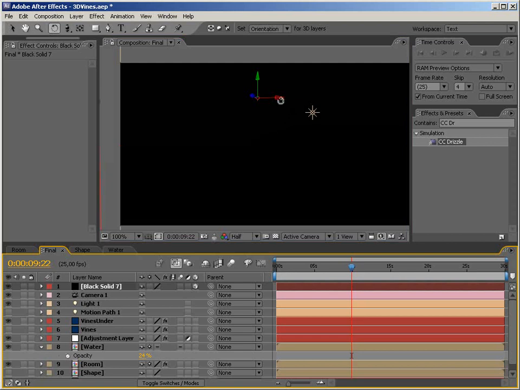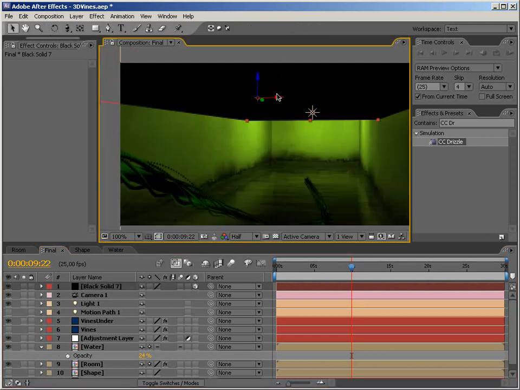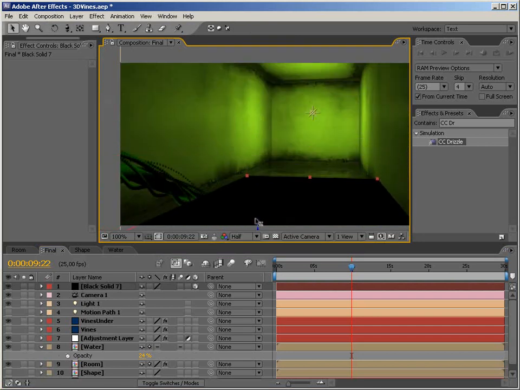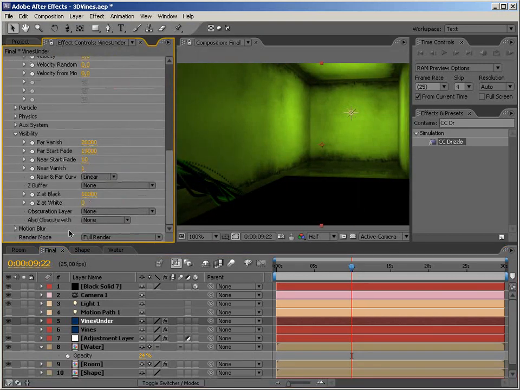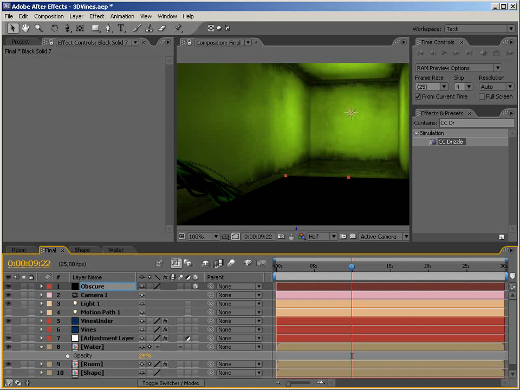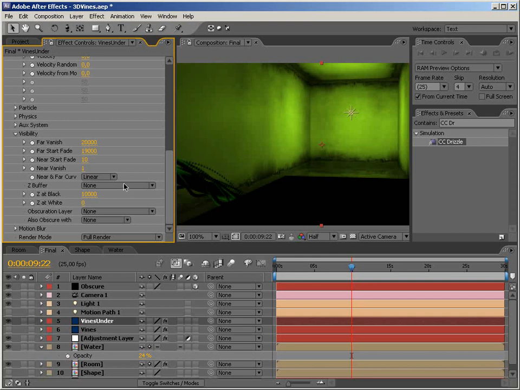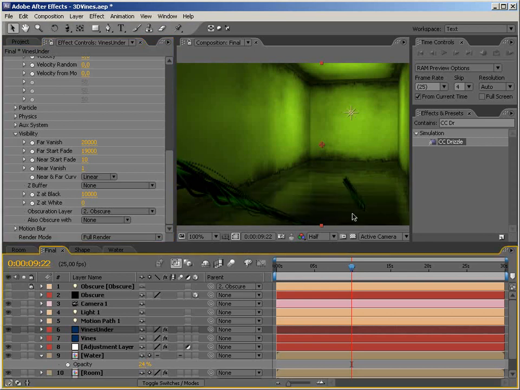So let's just rotate it like that and set it up with the floor. And right now, for the vines under, we have to set up the obscuration layer to be our obscure layer. So let's do that right now